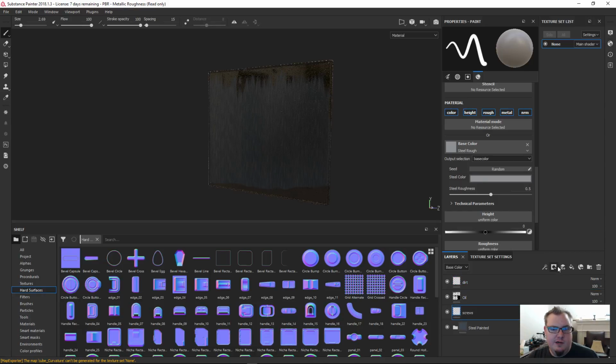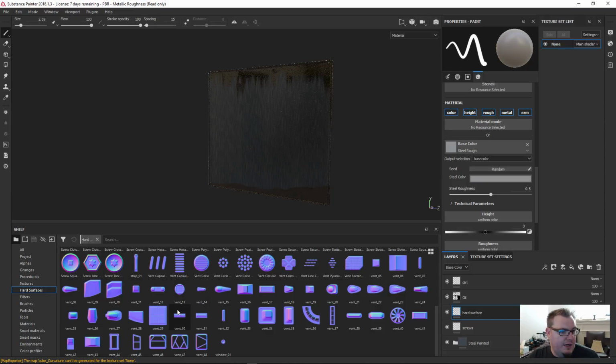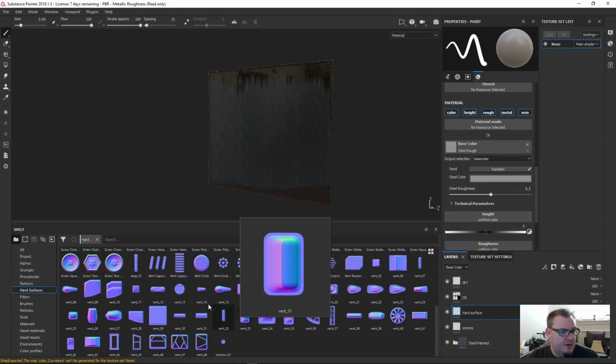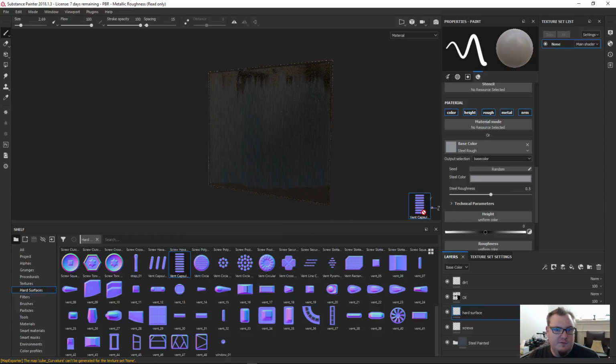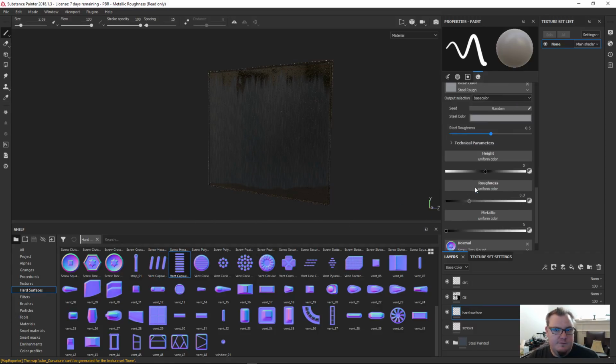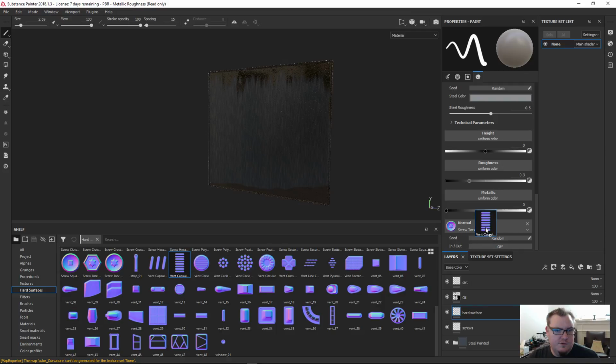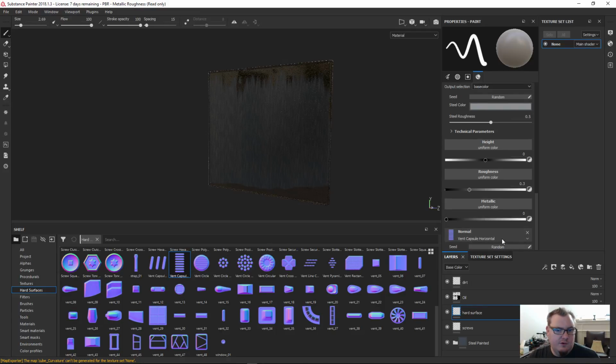And then right above this, let's add another layer. Let's call this hard surface. And then let's grab another hard surface type of thing. So let's grab this vents, drag this under the normal section. That's going to replace that for us. Now, if we raise our size here,